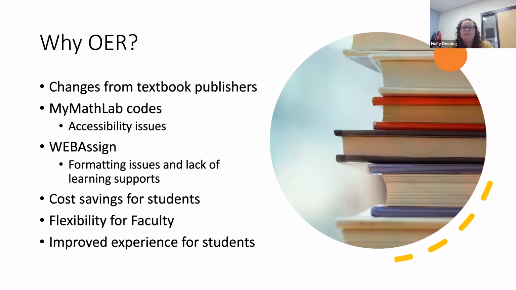Another big component was the math department was using My Math Lab. And they got a lot of feedback from students that students did not like My Math Lab. One of the reasons, technical issues, the process of having to download those codes. So we use Missouri Book Systems and Vital Source for the My Math Lab digital codes. And that was very difficult for our students to figure out that process of how to actually access their courseware